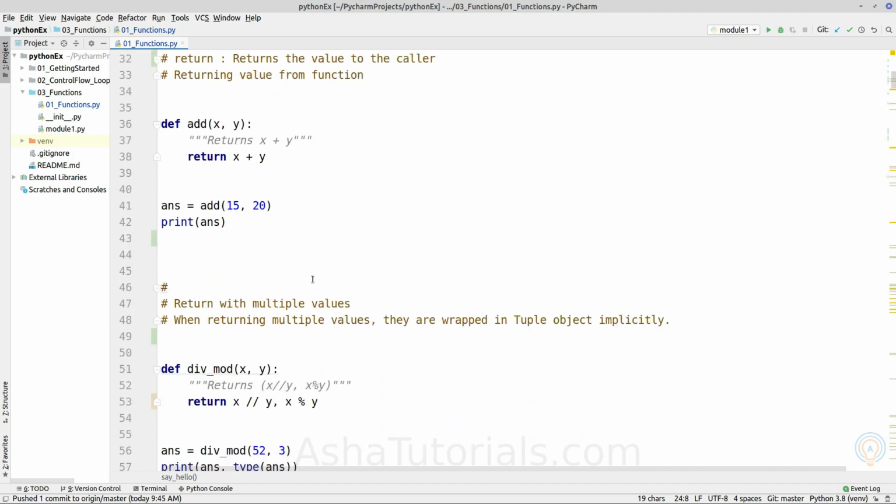Okay. Next topic is the return statement. We can also return a value from the function. In this example, as we can see here, we are taking two parameters, x and y, and we are returning x plus y, which is the addition of them. We are returning with the return statement the addition of both x plus y. So this expression is evaluated, and whatever the result object is, it is returned to the caller of the function.